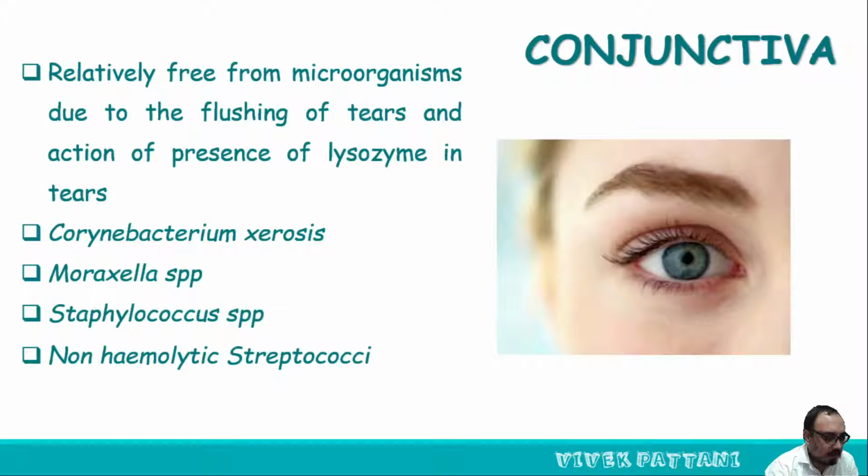And from the sac, tears flow via the nasolacrimal duct to the inner nose. Each nasolacrimal duct is located underneath the skin and passes through the bone of the face